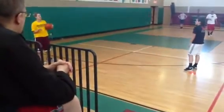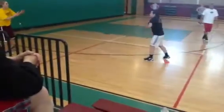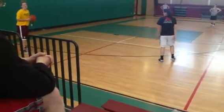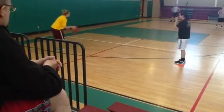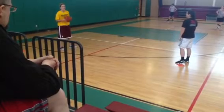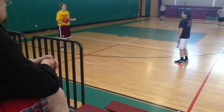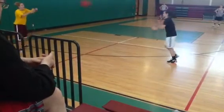When you do passing cuts, a lot of times what's going to happen is as soon as you catch the ball, the first thing kids want to do is put the ball on the floor. So we're having problems with as soon as I catch, kids want to start to drive. But if Amanda passed it, she's cutting into the lane. So I can't put the ball on the floor and start to make the next move until I've let that play develop. So as soon as I catch, I've got to let the cutter